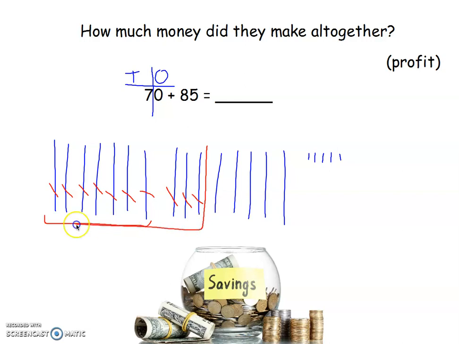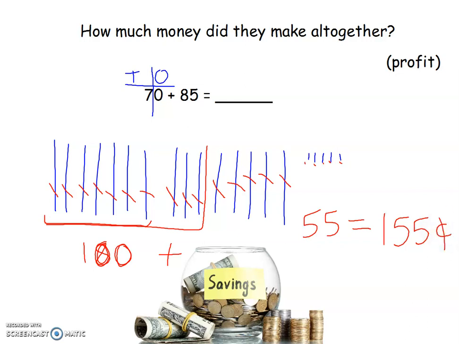So I know that this right here is 100, okay? Which we know is $1. So we already have $1. And then we're going to keep going. We have 100 right here plus 10, 20, 30, 40, 50, 51, 52, 53, 54, 55. So this is 55. So our total is